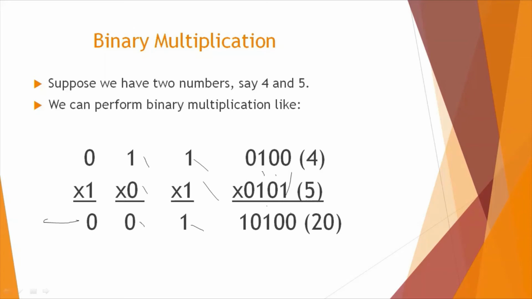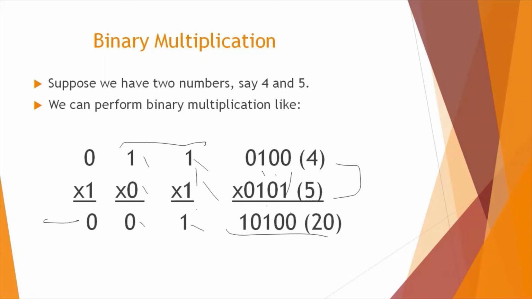But binary multiplication is not performed like this. It will be performed like we perform multiplication on our normal decimal digits. So we'll get 4 fives are 20, 4 into 5, 20. So this multiplication will not be performed like this. Just to give you an overview of how to perform binary multiplication, we have written it like this: 1 into 1 is equal to 1 and 1 into 0 is equal to 0. You just have to remember this too, that 0 into 1 is equal to 0 and 1 into 1